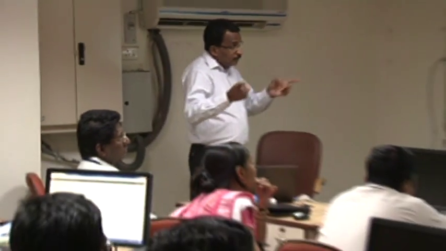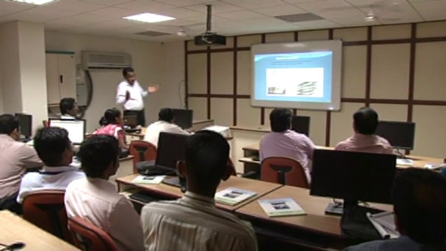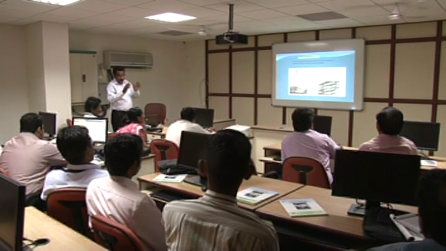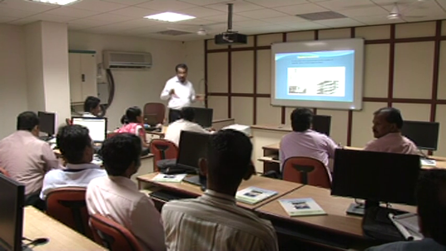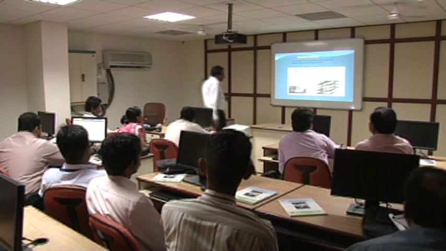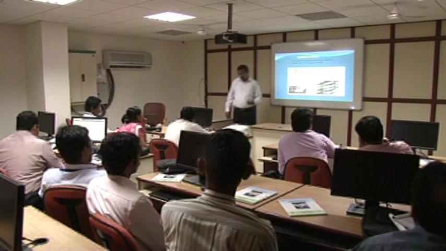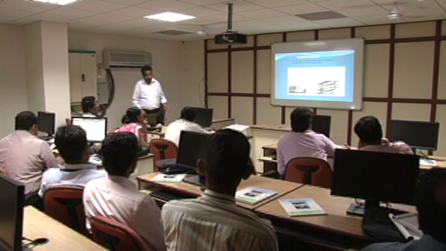Now spectral resolution. We have seen that the visible region of the electromagnetic spectrum can be used for remote sensing purposes. The visible radiation, as far as wavelength is concerned, is the region from 400 nanometers to 700 nanometers. So we can use this visible region as a whole, 400 to 700, as a single channel. We can make one band.